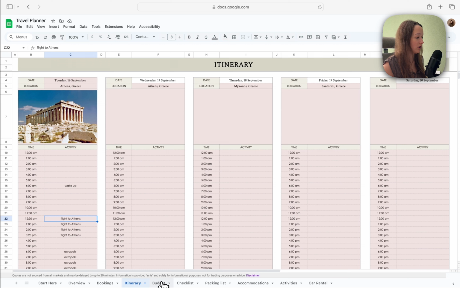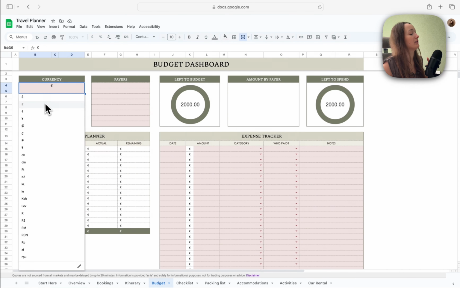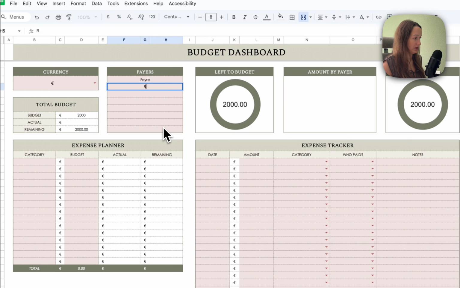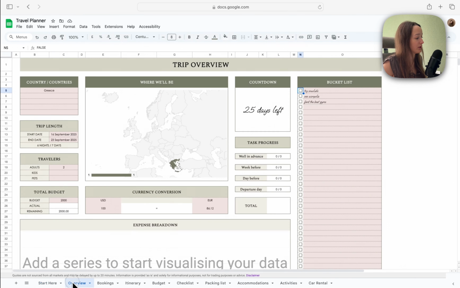Now let's move on to the budget tab, and over here you can select the currency that you use for all of the purchases. And here you can write down all of the people that you're going to be traveling with and that you will potentially share expenses with. So here I'm just writing some fictional names,